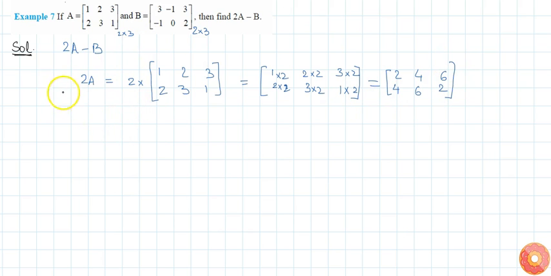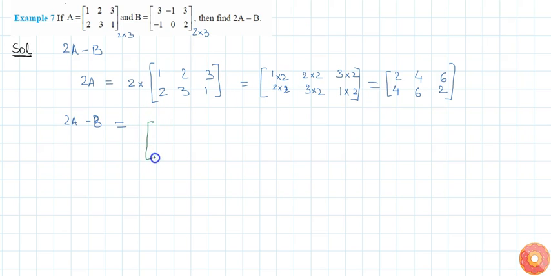Then the second step is subtract B from 2A. This is for subtracting two matrices. We have to subtract one element of the matrix from the corresponding element of the other matrix. Sorry, not this. From here. 2A minus B is equal to